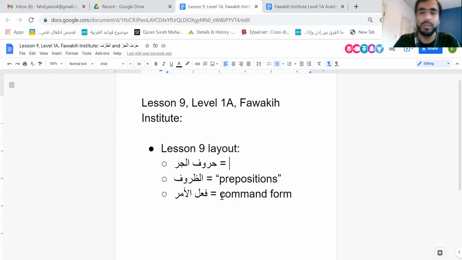I always tell students, and I'm sure you've heard me say this countless times, focus on the Arabic, try not to translate everything into English. I know in the beginning it's not easy to do that, but it'll serve you much better if you focus on the Arabic more. Whether you continue on with Fawakih or other places, eventually everyone is going to focus more on the Arabic terms because they're more standardized. The English is always a translation, and the translations can be different depending on who is translating. So just something to keep in mind.